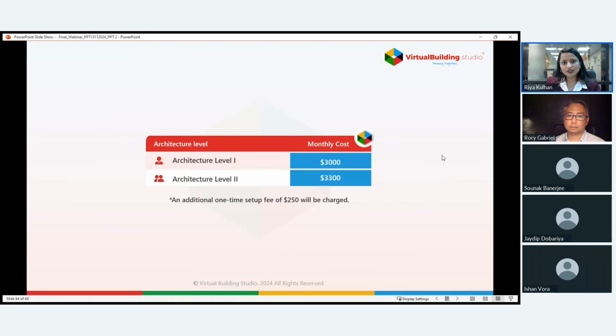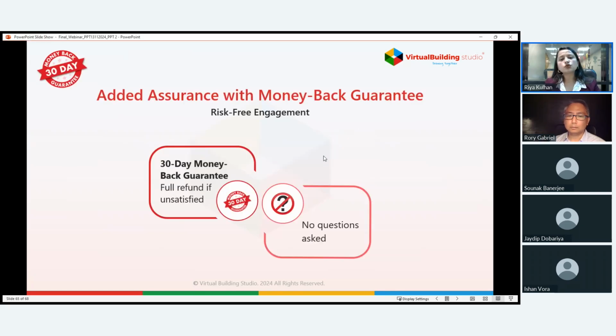So as per this offer, we have a level 1 architect who was previously priced at $3,000, but now after the offer, it'll be $2,400. And a level 2 architect, originally priced at $3,300, can now be hired at $2,650. So to recap, this exclusive Black Friday offer for our webinar attendees has 20% off on 3